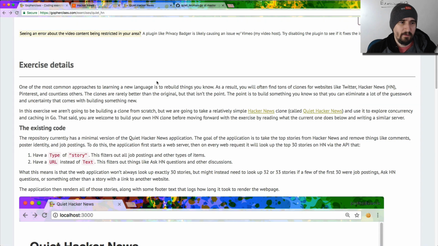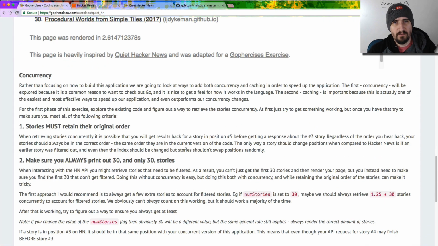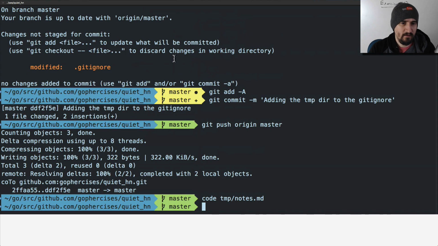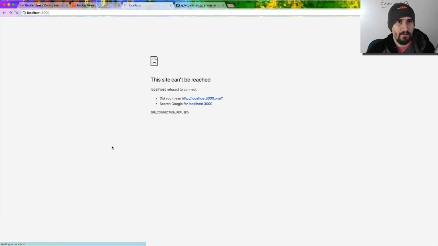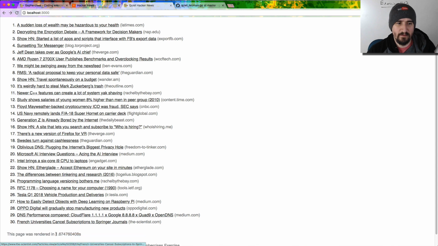So that's what's happening right now at the exercise, and I've got a screenshot of it here. What we're going to be doing for the actual exercise is the first thing is we want to add concurrency. So I think I have this. No, I don't have it running. So let me start it up real quick. If we load this page, you'll see that it's going to take a couple seconds to load. So I've got this timer here that shows you that it took 1.6 seconds, and that could vary depending on